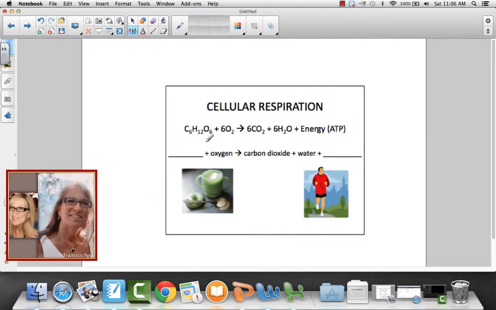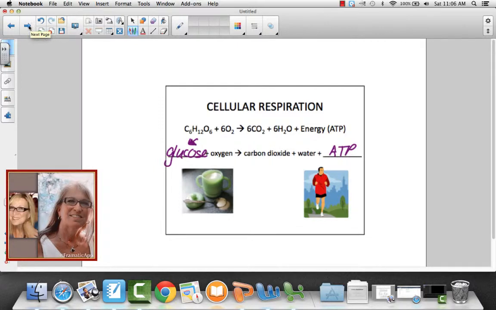So let's look at the respiration reaction. I told you once before that the cellular respiration reaction is the opposite of photosynthesis. So C6H12O6 is glucose, and you have to recognize that as such. When you see C6H12O6, you should know that that is glucose. Plus oxygen yields carbon dioxide, water, and energy in the form of ATP,